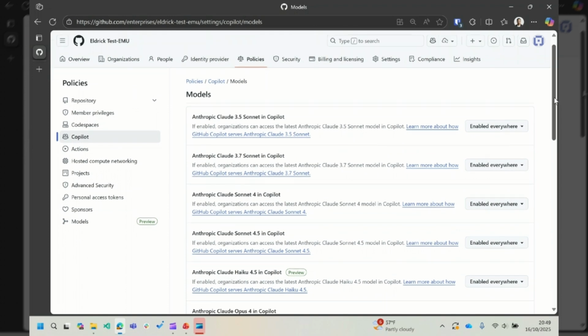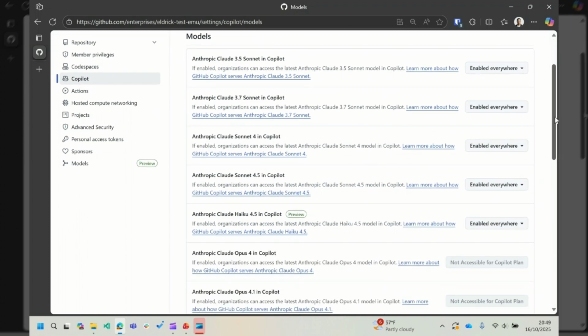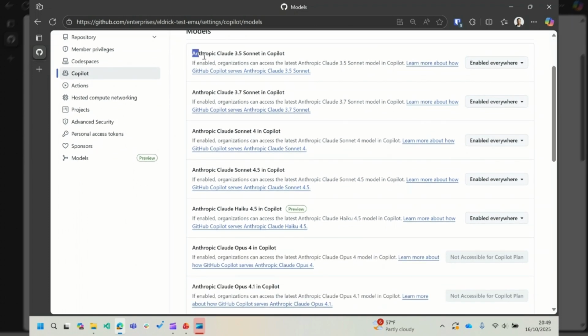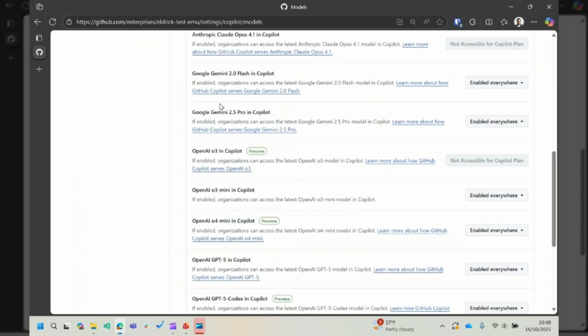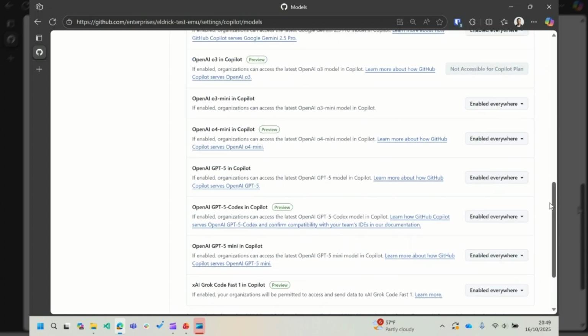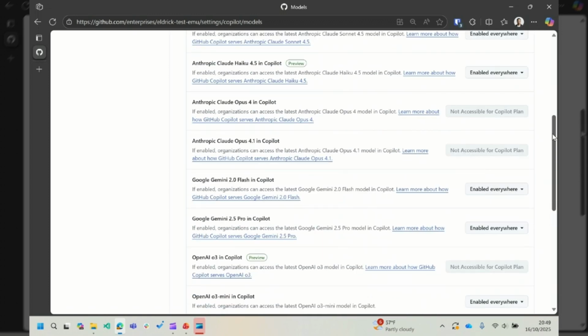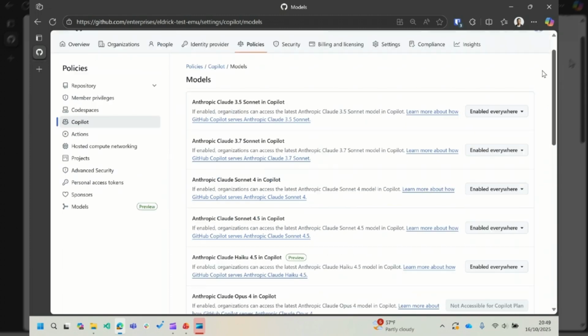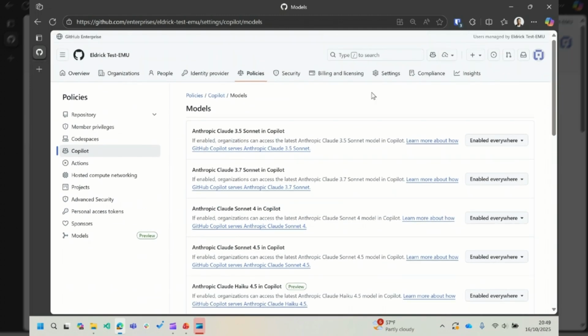I will be shown all models that I can activate for my users, such as Anthropic's Claude model series, Google's Gemini model series, OpenAI models, and even xAI. The recommendation is to enable all these models or as many as you can, depending on your GitHub Copilot plan, so that your developers can test with different models in their own individual workflows and for their teams. I will navigate back to Copilot